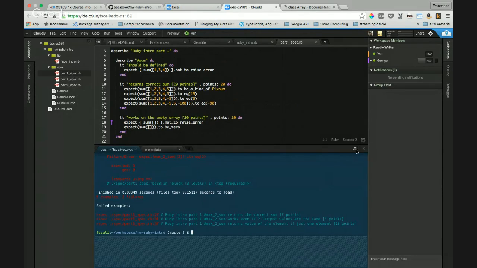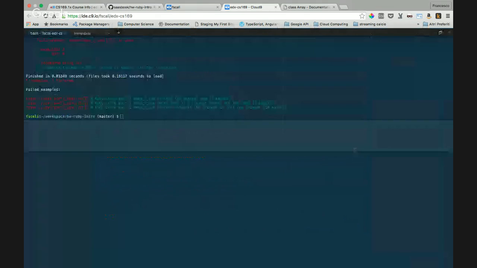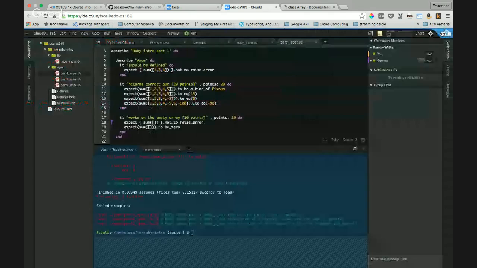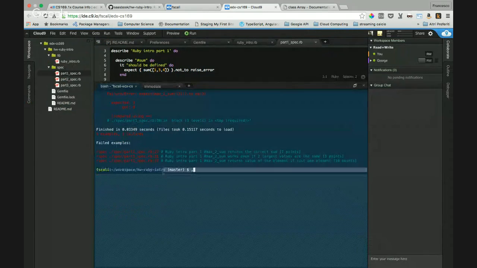Like now there's 3 failing tests, and just I cannot scroll. Let me see. I don't know why this window. I don't know. This is strange.